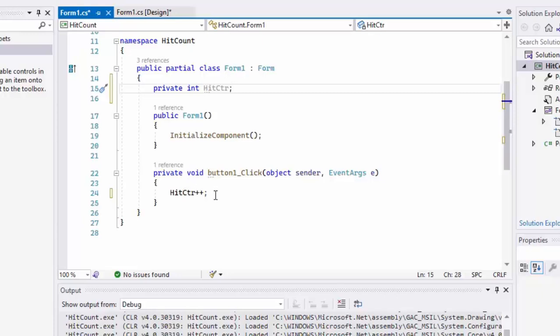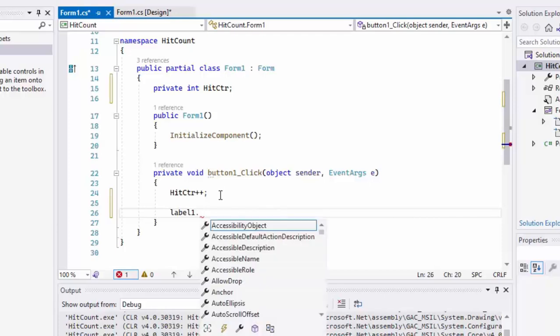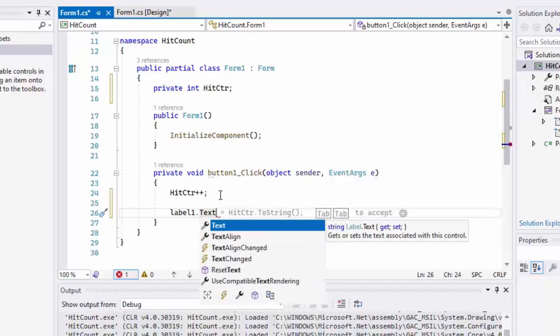But then doing this, you still cannot see the number of hit or the number of click on the button. We need to put the value of the counter onto the label 1 just now. So we need to take label 1 dot text. Remember the text property of the label, that before this we change to hello world.